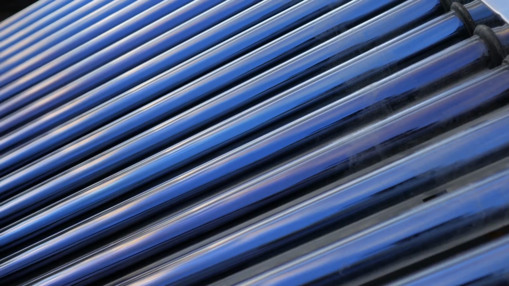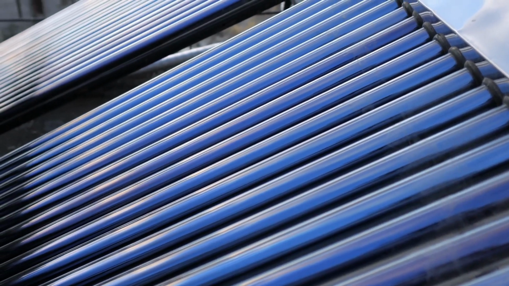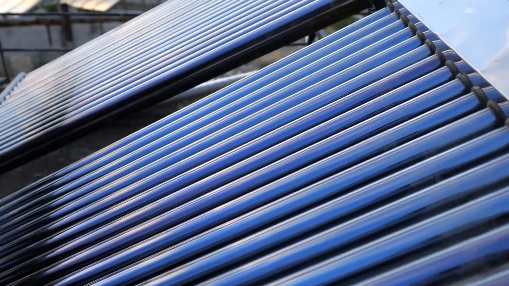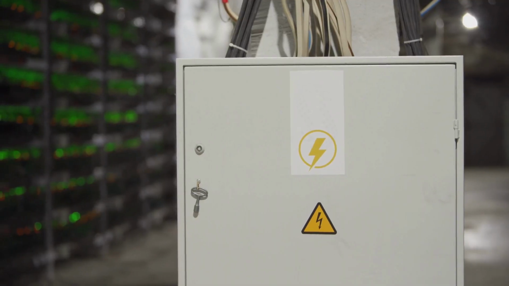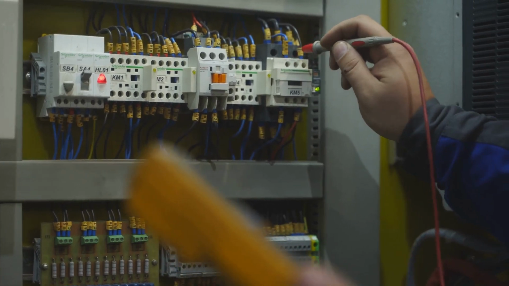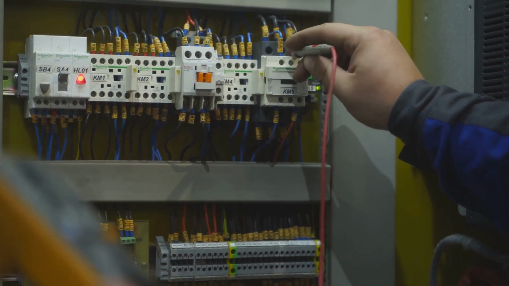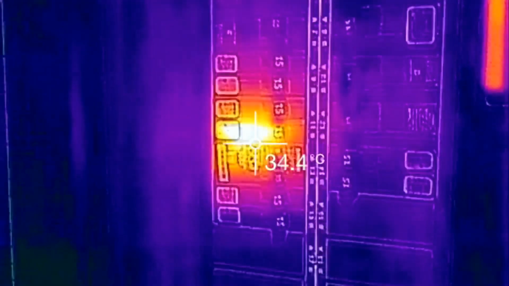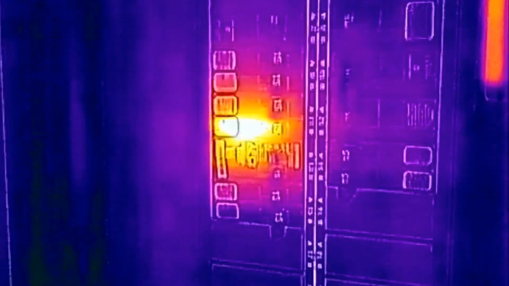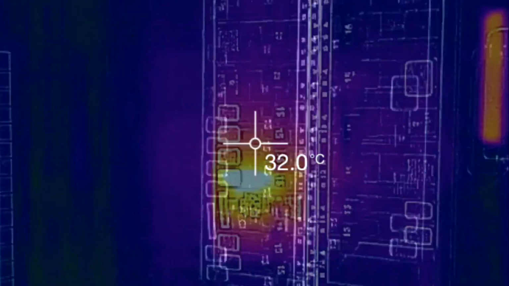Engineers and maintenance professionals use specialized coatings, reflective surfaces, and thermal insulation to regulate radiation, improving efficiency and reducing heat loss. In industry, radiation is often a concern in electrical cabinets. Electrical components generate heat, and if this heat builds up within an enclosed cabinet, it can damage sensitive equipment. Thermal cameras can be used to identify hotspots in electrical cabinets, allowing technicians to address potential problems before they lead